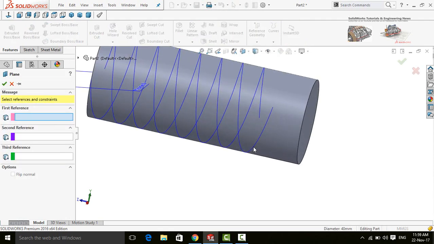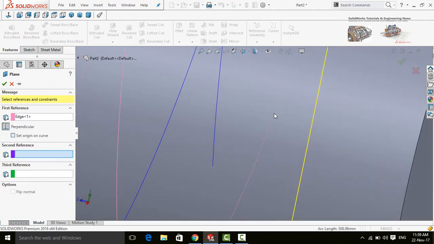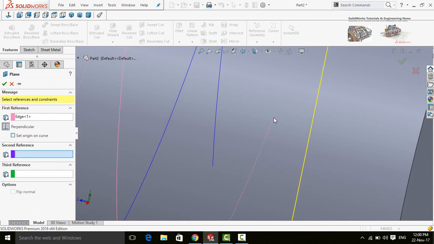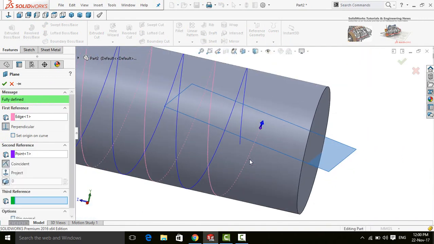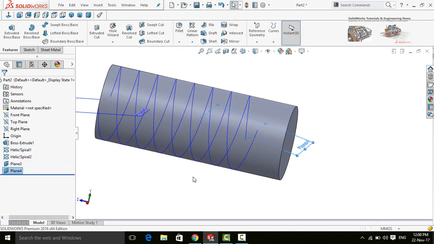This time select the other helix as first reference and this point as second reference. So it is fully defined. Press OK button.